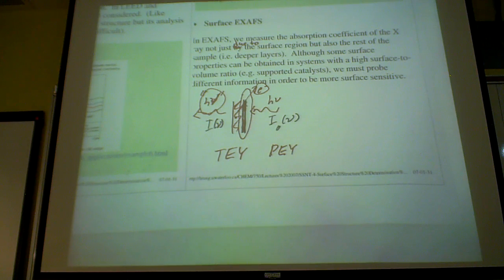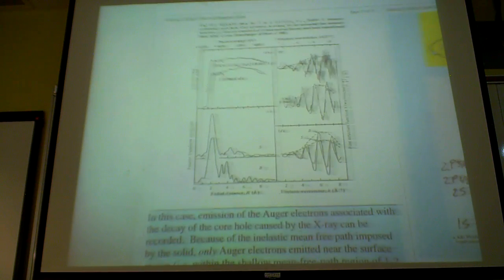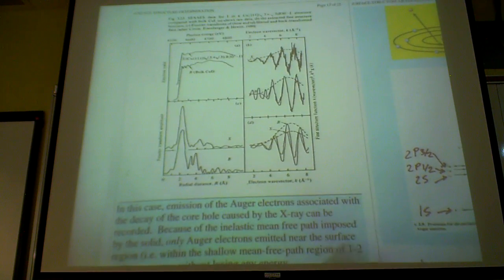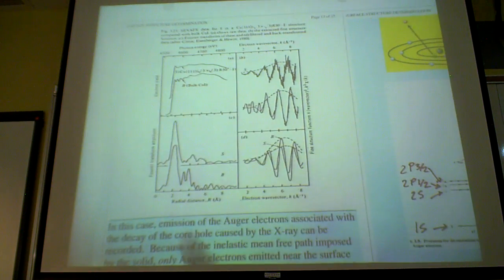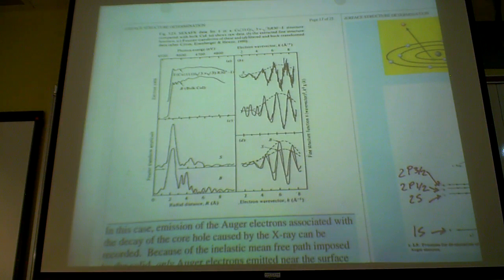Okay? And here's an example of how you do that. So here you have classic XAS or surface XAS, SAXAS, surface XAS. So you have bulk material copper iodide, which is just a salt, right? So you can sprinkle